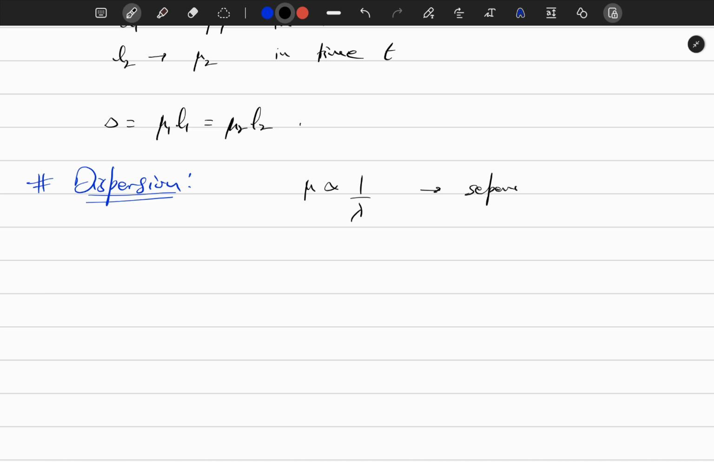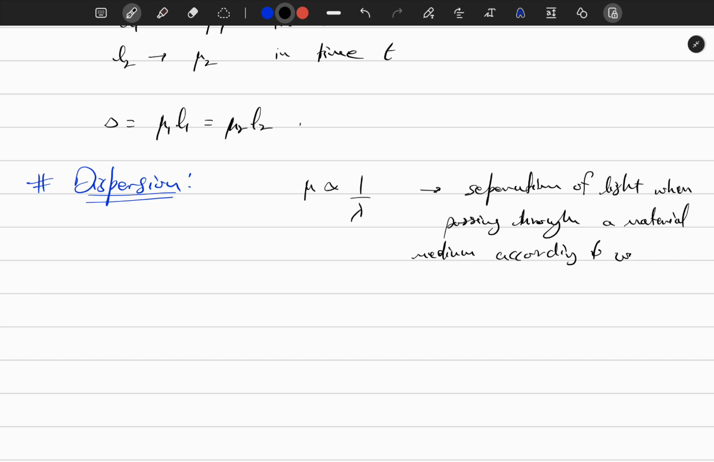So separation of light when passing through a material medium according to wavelength is called chromatic dispersion. Okay,